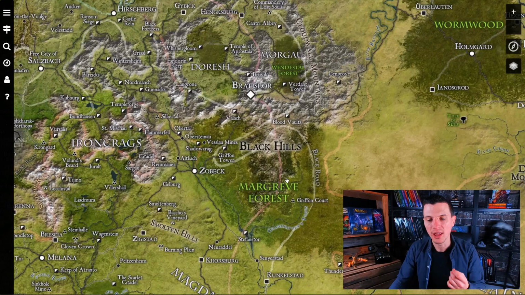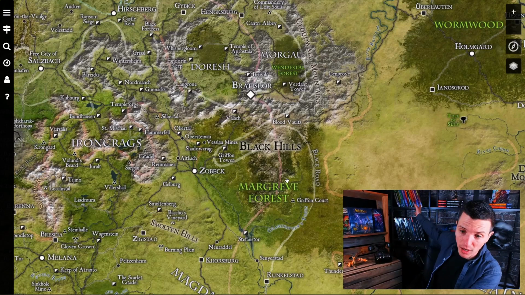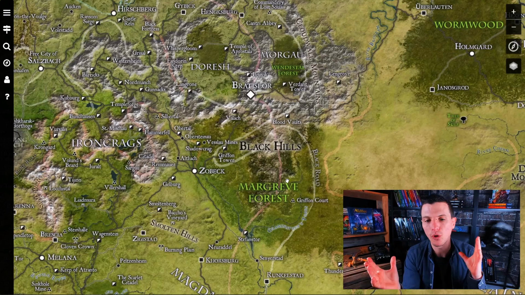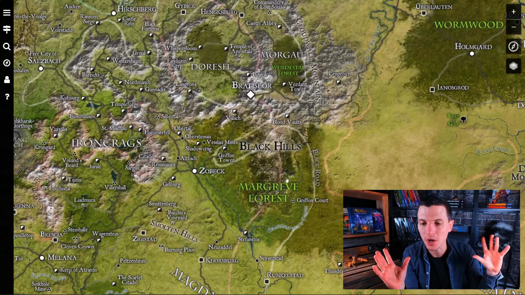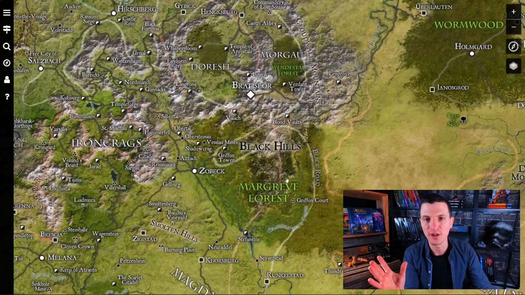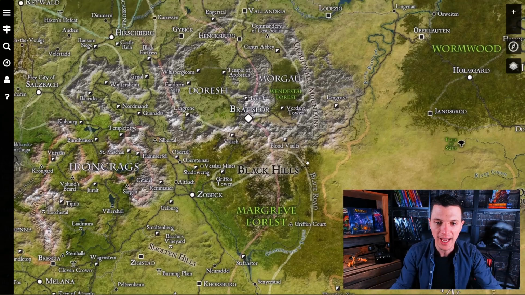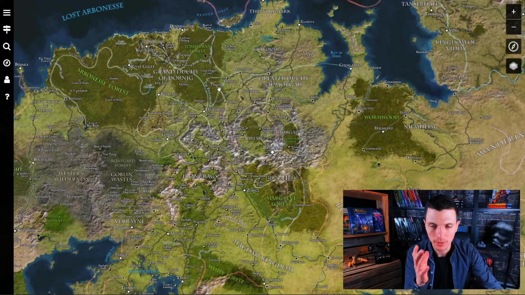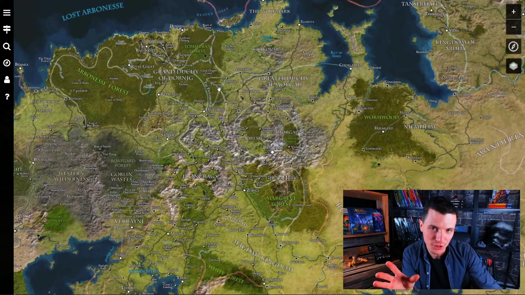Most people know the Magreve Forest as a magical forest. It has its own book, one of, if not my favorite book ever on my shelf, the Tales of the Magreve Forest, which is a magical forest with all kinds of fae stuff going on. Long story, I have an entire video on the book, and it actually spans all the way north, all the way up to here, and I'm afraid to say it, but it's kind of like Kobold Press's take on the Underdark, right?